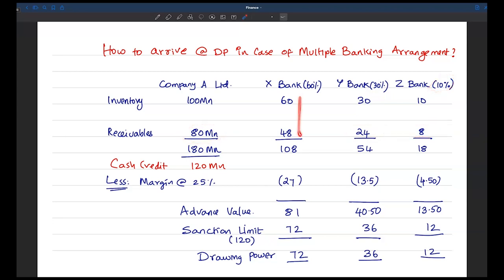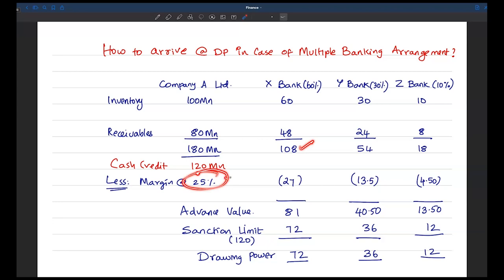So, if I total these two, 108, this is the chargeable current assets for Bank X. These total 54 chargeable current asset for Bank Y, and these total 18 chargeable current asset for Bank Z. Now, I am assuming there are no sundry creditors, and I am also assuming a uniform margin for both inventory and receivables. So, on this 108, let us deduct